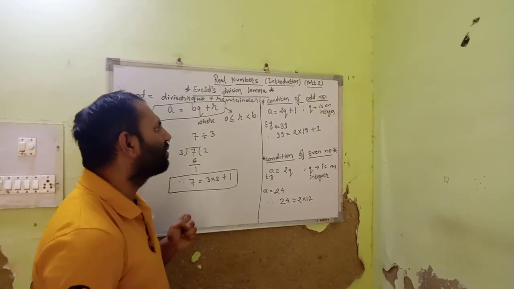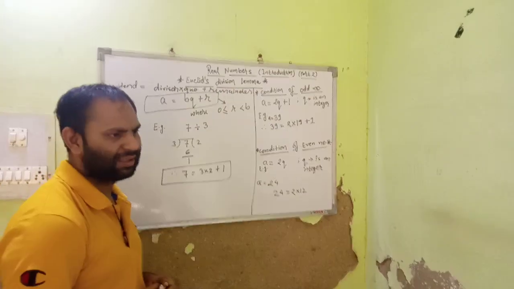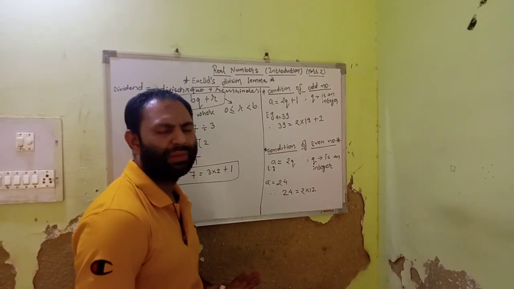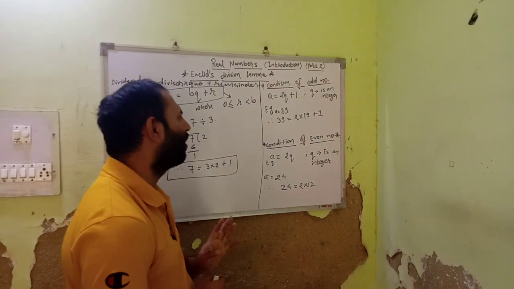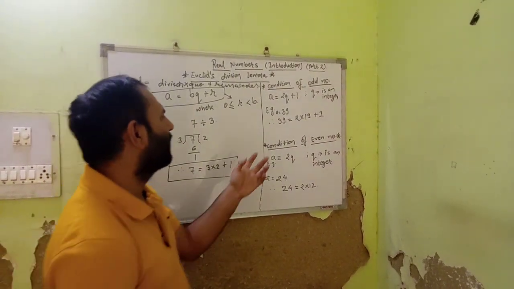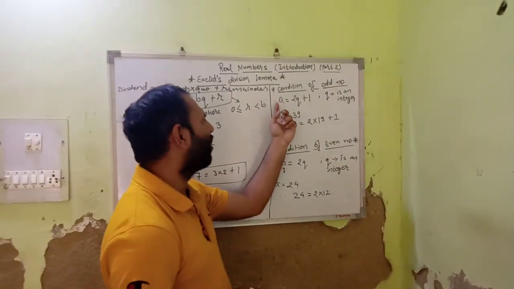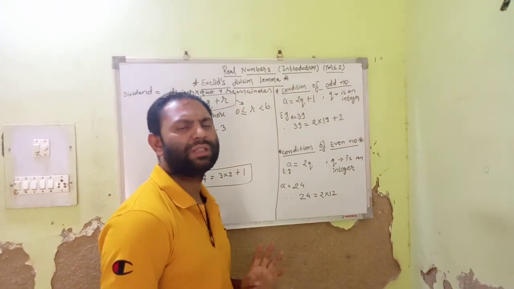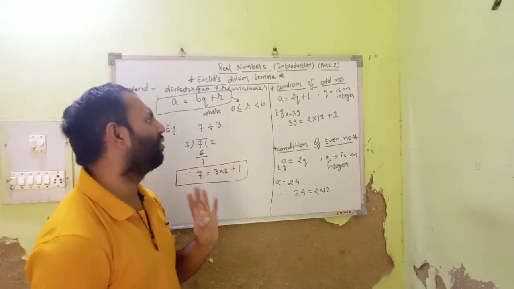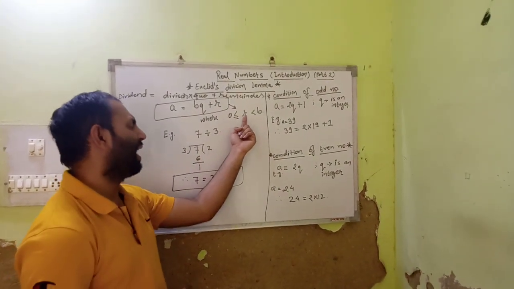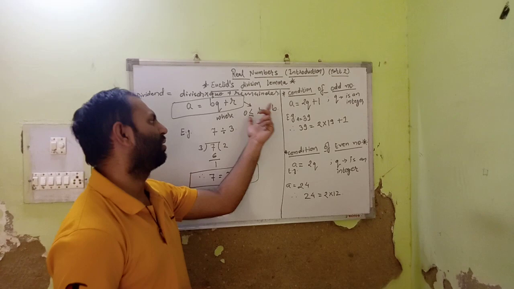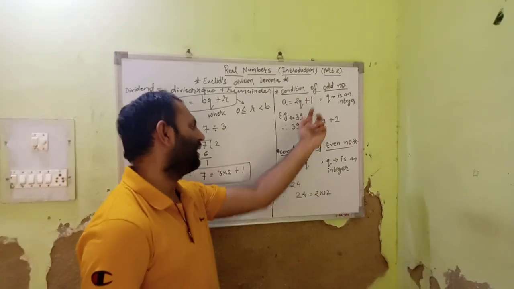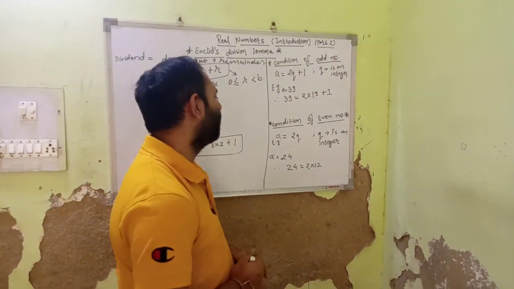These conditions give rise to the conditions of odd numbers and even numbers. The basic definition of an odd number is a number which cannot be divided by 2, or is not completely divisible by 2. If I divide any odd number by 2, I will always get 1 as the remainder. There is only one possible case, because our remainder has to be less than 2, meaning either 0 or 1. So for an odd number the remainder is always 1, and for an even number the remainder is always 0.